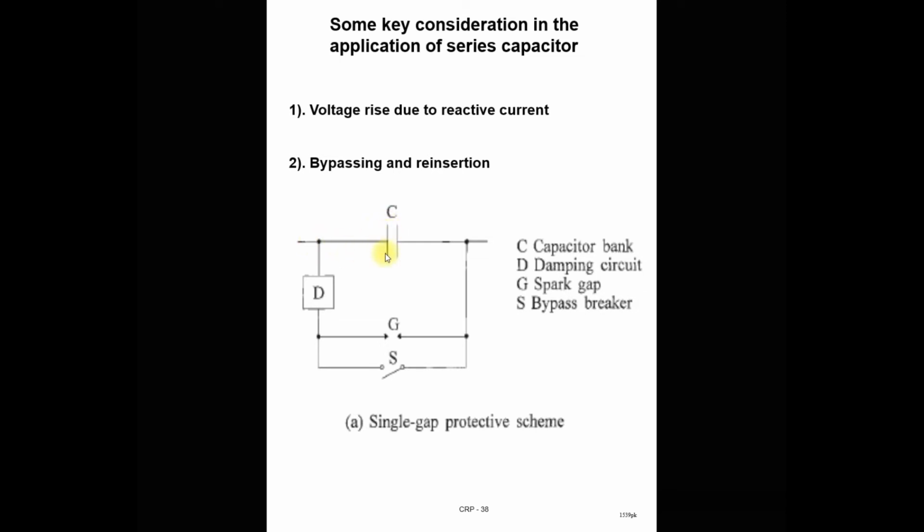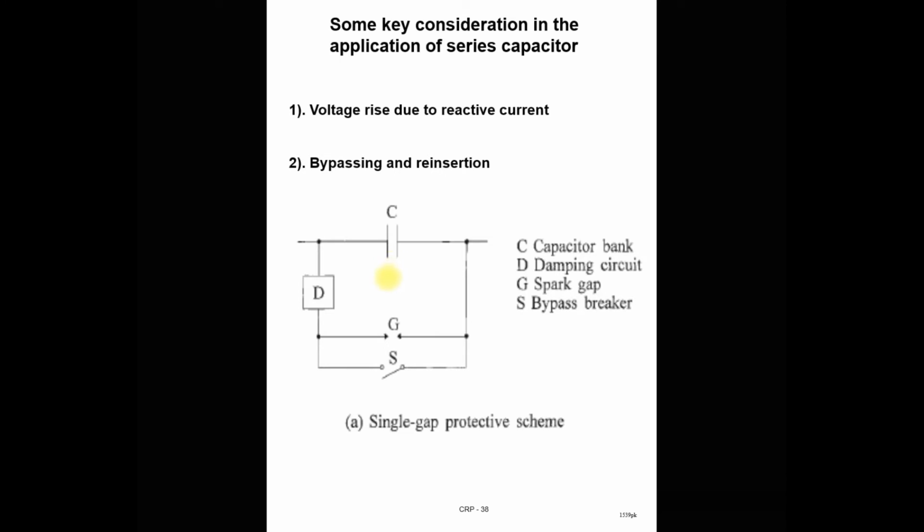Suppose this side of the capacitor bank experiences very high voltage because of the power swing and large reactive current. Because of that, the equipment used on this side, like the transformer, also comes under high voltage stress. So to remove this high voltage stress, we need to insulate the equipment at a high insulation level. In the same way, we have to design this capacitor to withstand the high voltage. So this is the first point you consider when you design the series capacitor.